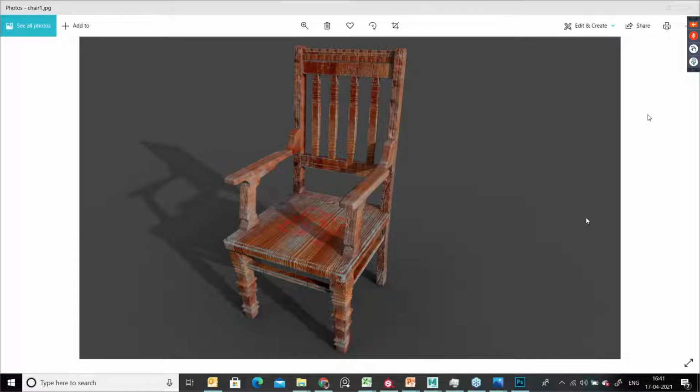Okay. Anand Kumar, what question did you have? Maya file, yes, we can bring the texture file to Maya also. That is also possible. I didn't export back to Maya because I didn't want to take a very heavy file into Substance. Okay, even we can do that. You want the maps in Maya? Yes, we can do that. I will show you that. And take the render from Arnold? Yes, you can render in Arnold. That is possible.